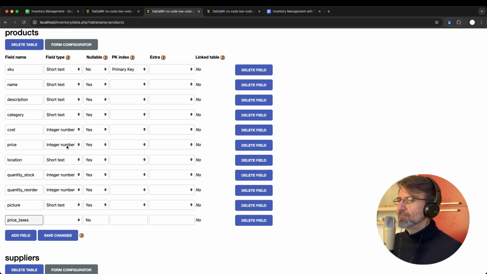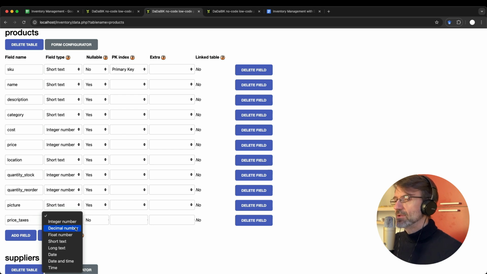In our case, all the prices were without decimals, but I want to tell you that so you are aware of that. So we have price that was integer, price plus taxes cannot be integer, because if we add, for example, 5% taxes, we get a decimal number, and here we have two options: